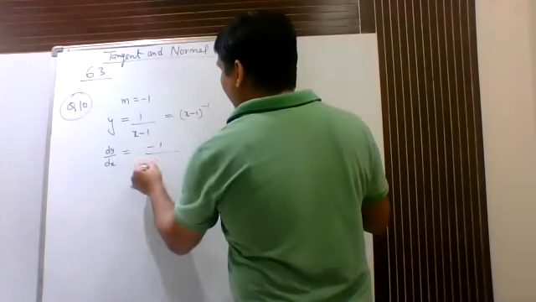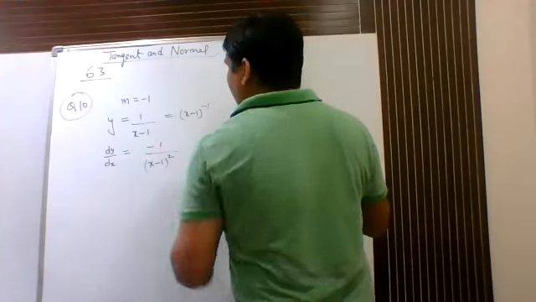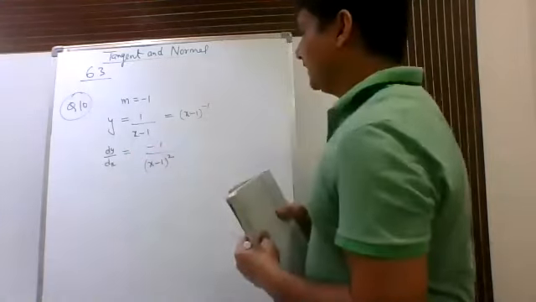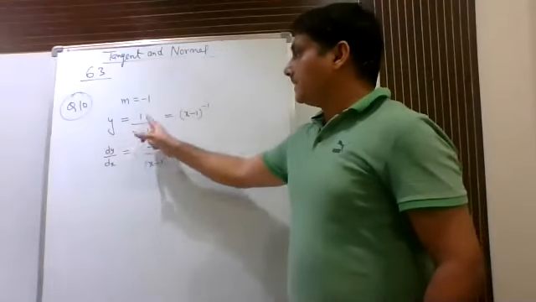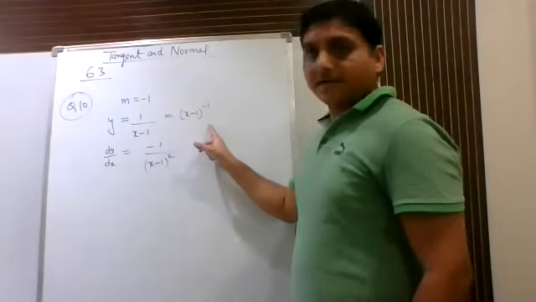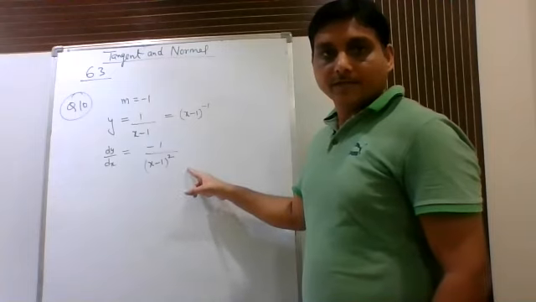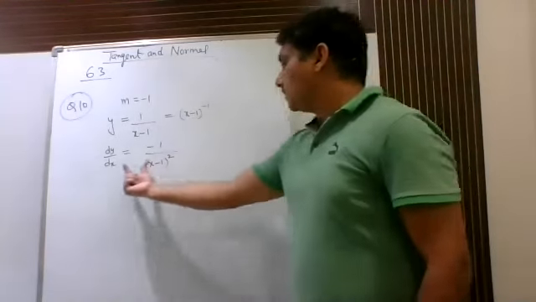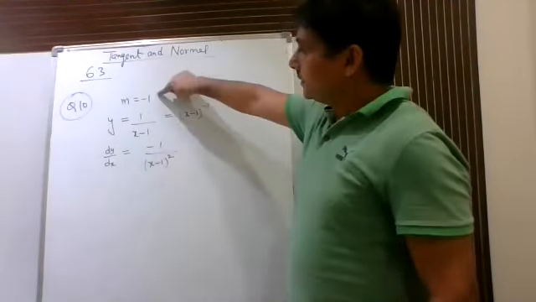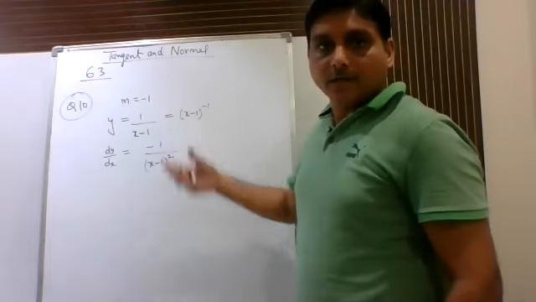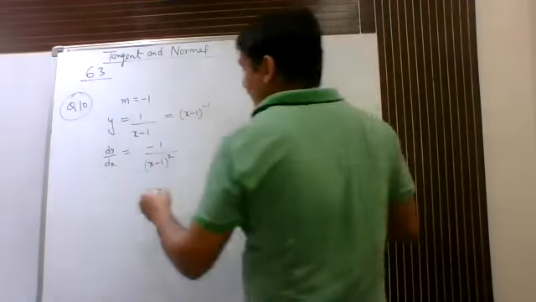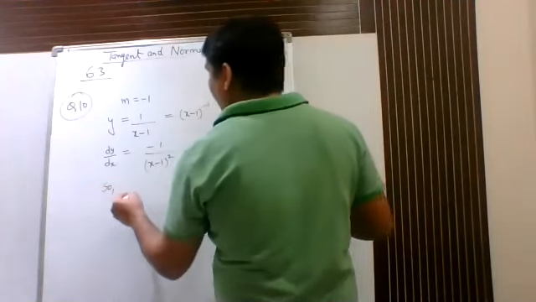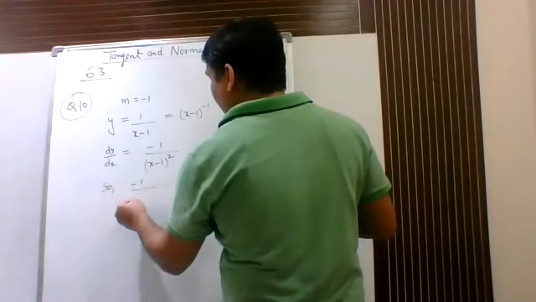So this will be -1 upon (x - 1)^2. See, y = 1 upon x - 1, I can write it in this manner. When you take the derivative, this is what you are getting. Now, this is also the slope of the tangent. Let us equate it. By the given information, you will get